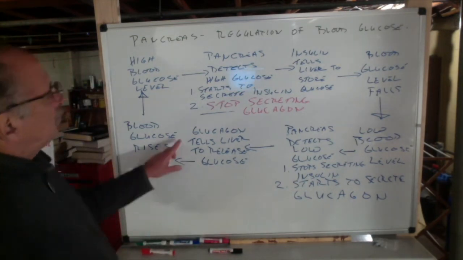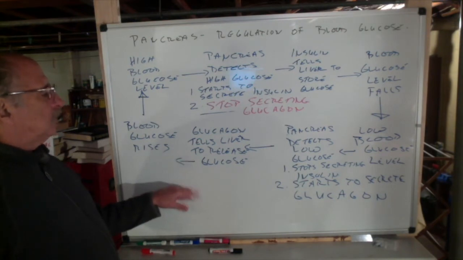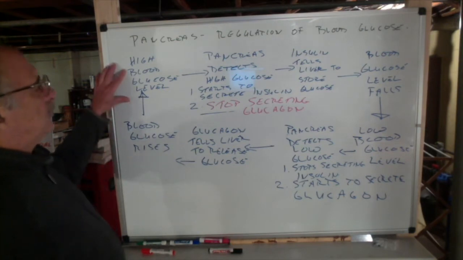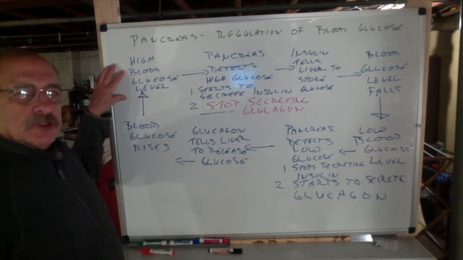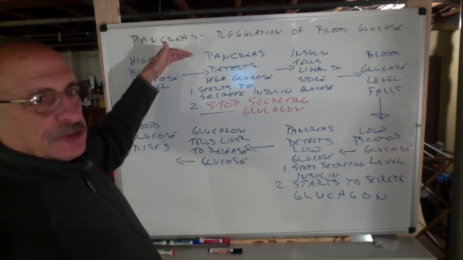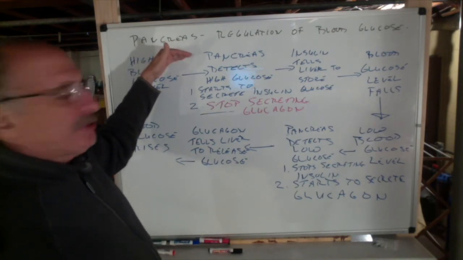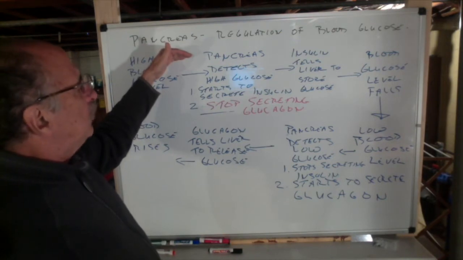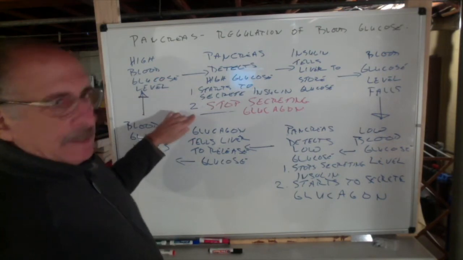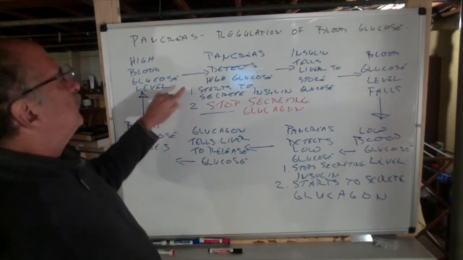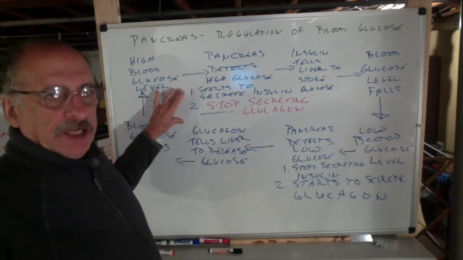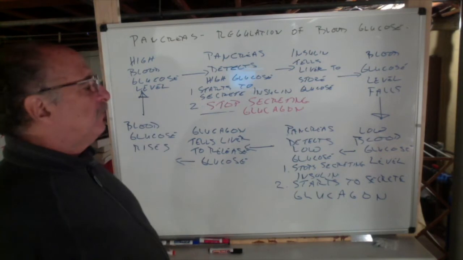Okay. The glucagon tells the liver to release the glucose. The glucose is going back into the blood, so the blood glucose rises until the blood glucose level is slightly high. The pancreas is continuously keeping track, so now the pancreas sees the blood glucose is too high. It'll start to secrete insulin, but it has to stop secreting the glucagon, because if it secretes both at the same time, it's like stepping on the gas and the brake at the same time, which is not efficient.